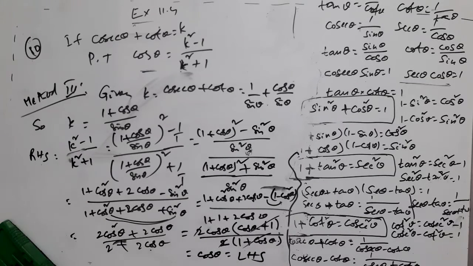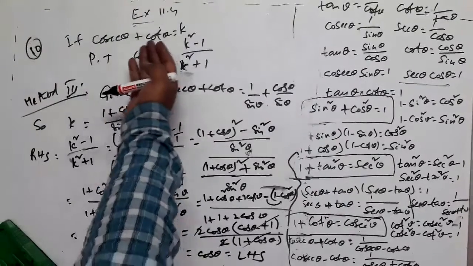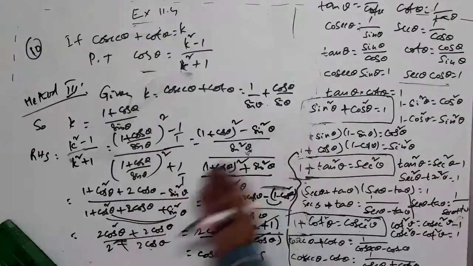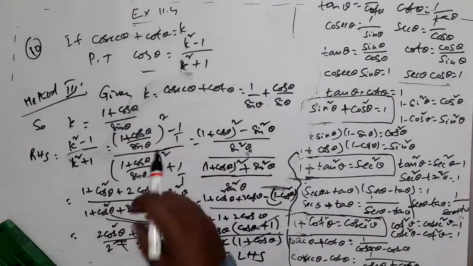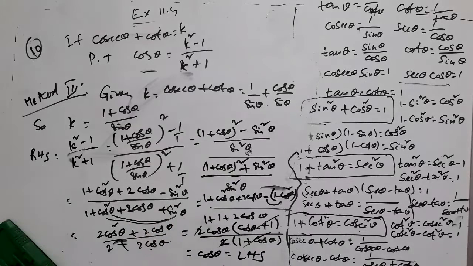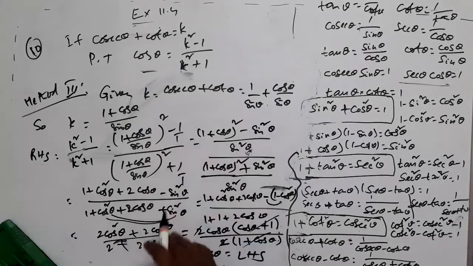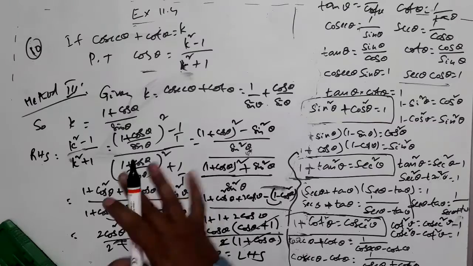We have not considered cosecant plus cot, cosecant minus cot, k and 1/k. Directly we have started from the right hand side part and simplified. Of course, we have written the given expression in terms of sin θ and cos θ and simplified it. You can do it this way also. You can do the same question in many more methods. Whichever method you feel easier, you follow that. Not only this question, all questions. Any question in mathematics can be done in many ways, right?